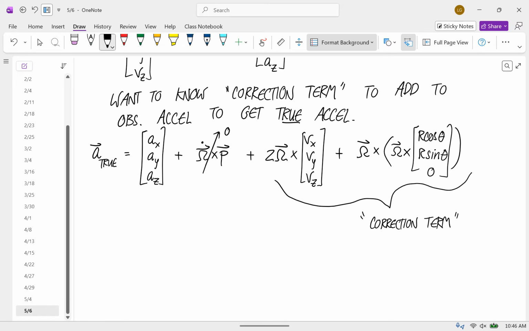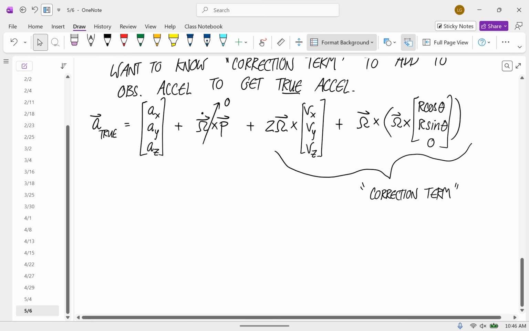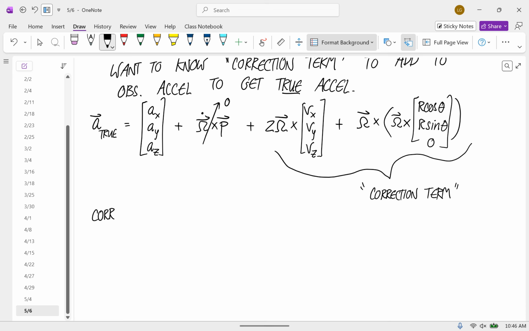And we expect this to be small. Okay, so the correction term. So we'll go 2 times 0, 7 times 10 to the minus 5, 0, crossed with the observed velocity, Vx, Vy, Vz,